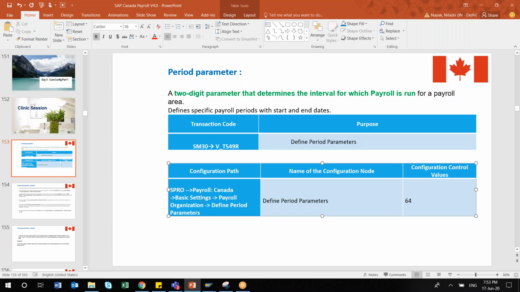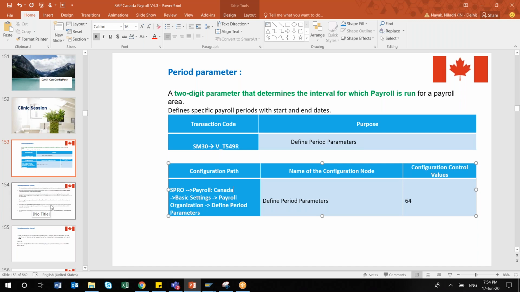So this is the concept of period parameter. It is actually a one-time configuration. You do not have to revisit this once again. Whenever you are implementing any payroll project, this is a one-time activity you will be doing. Unless there is a variation in the future. Suppose in an organization you are running monthly payroll, as well as you decided for a few employees you will be paying them weekly. Suppose there are contractual workers or you have to pay on a timely basis. In those cases you may revisit your configuration. Otherwise, at a high level, this is again a one-time configuration for any country.